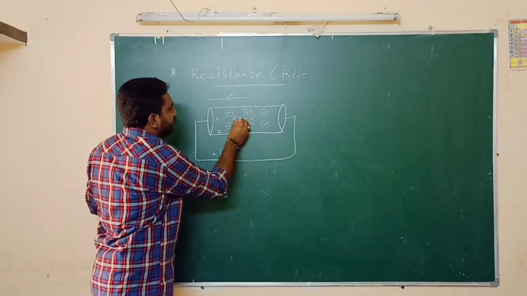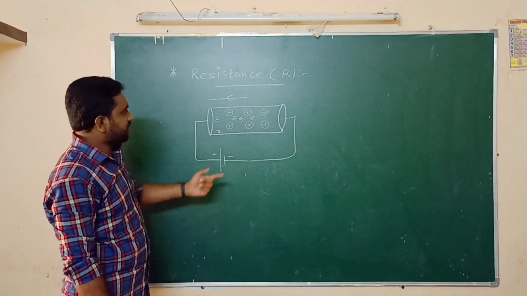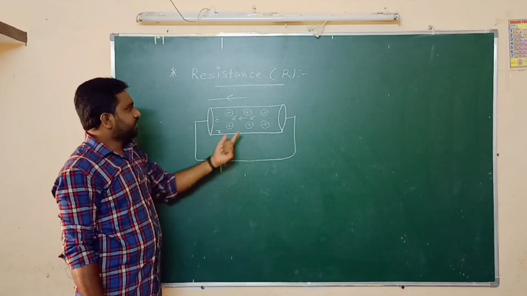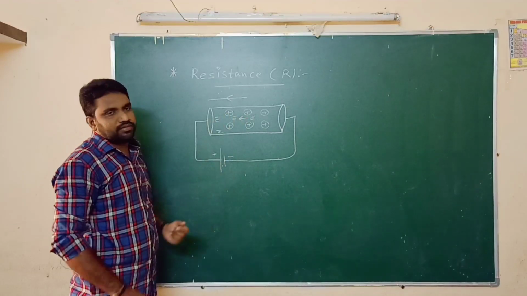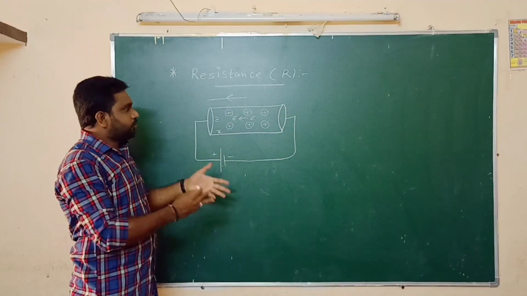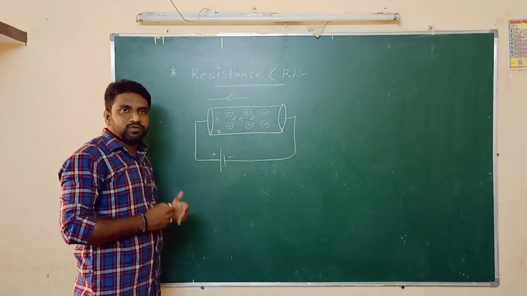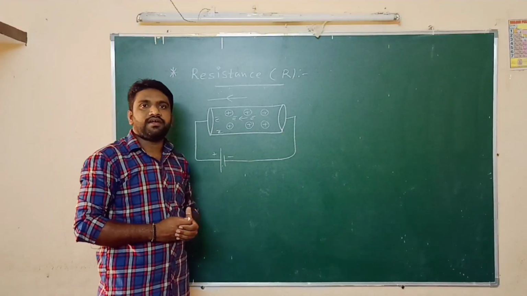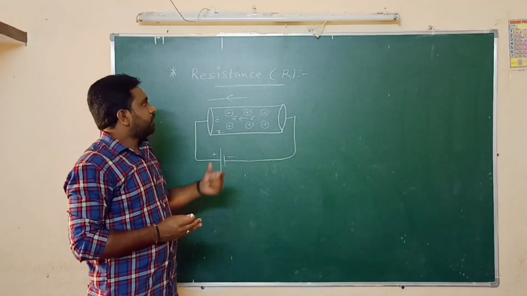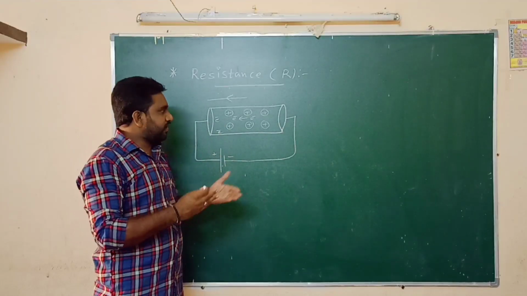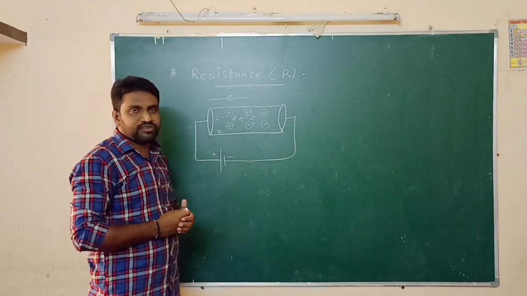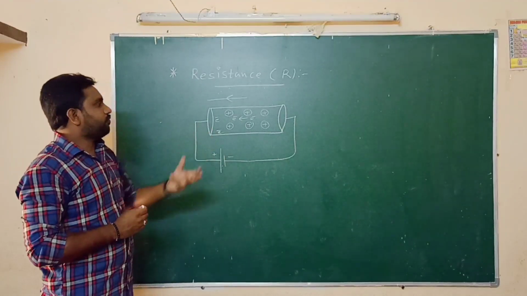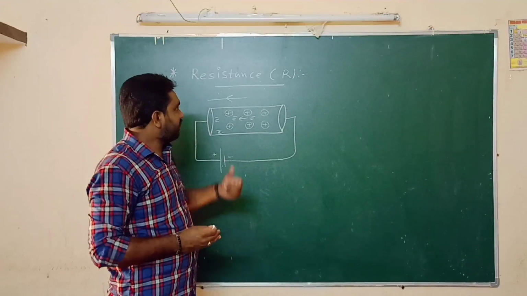When the electrons move in this direction, they collide with the atoms. While traveling in the forward direction, these free electrons collide with the remaining atoms. Due to these collisions, the electrons lose their energy and the drift velocity of the electrons decreases. So the flow of electrons is obstructed by the presence of these atoms. This obstruction by atoms to the flow of free electrons, or current, is nothing but resistance.